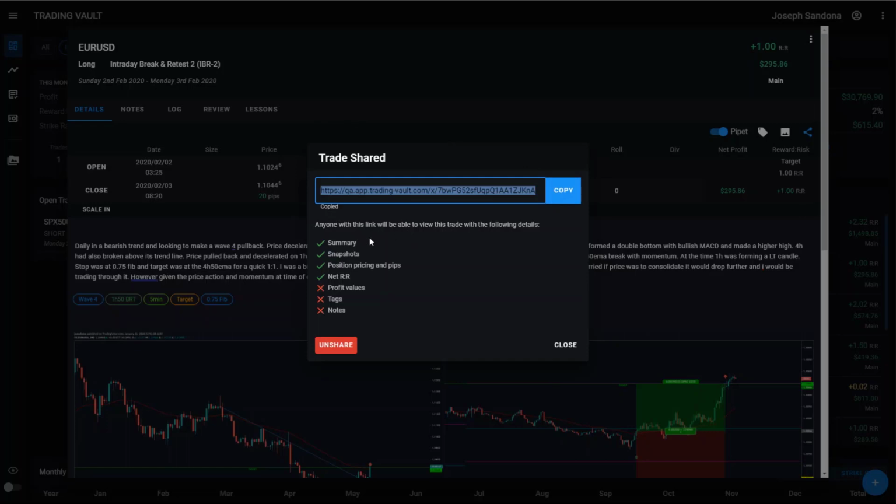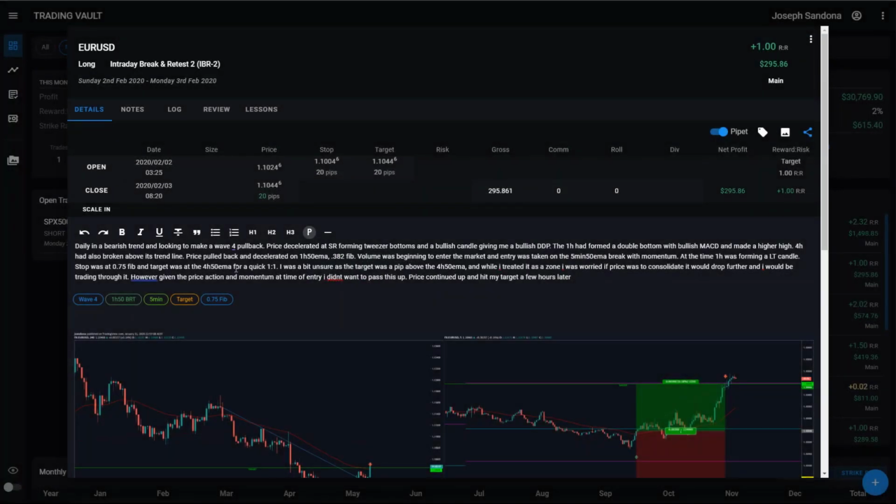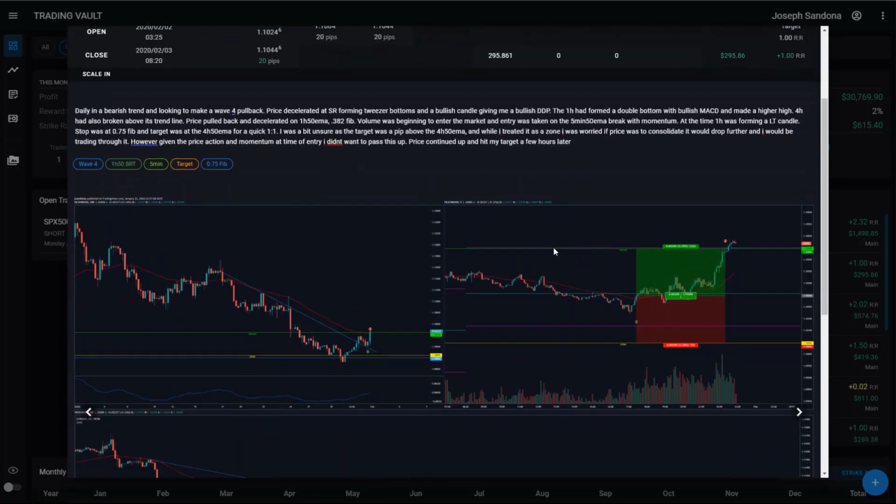And they'll only be able to see some of the data, so none of your personal information will be shared with them. So if we just jump back into the trade, your summaries will be shared, so they can read all of that. They'll be able to see the generic position, so your dates, your prices from the trade, and they will obviously be able to see your reward and your risk. They'll also have access to your screenshots,